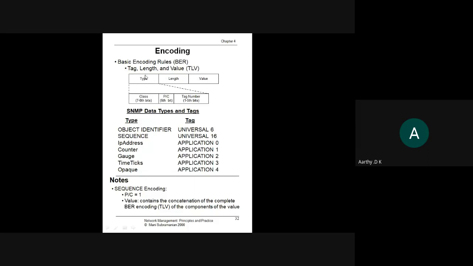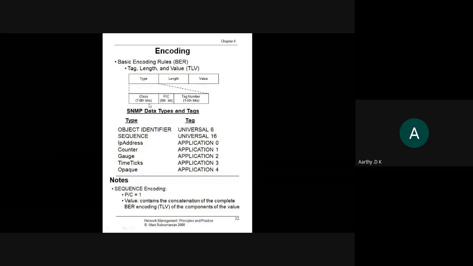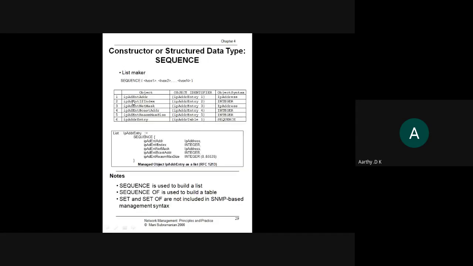Then we saw about the encoding. In encoding, we have TLV, tag length value, or you can call it type length value. Every type will have class, PC, and tag number. Depending on the class, you will have the values. If it is universal, it is 00. Then if it is